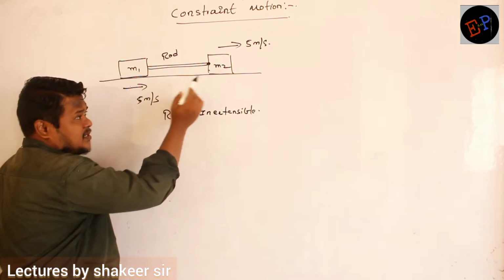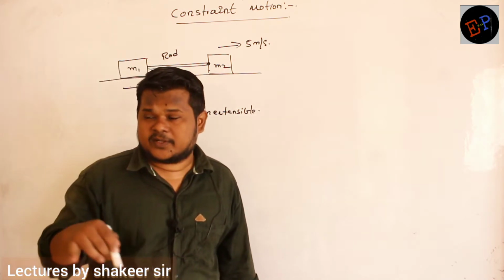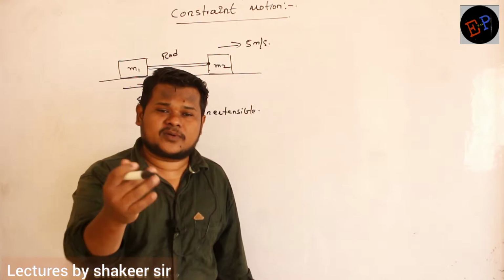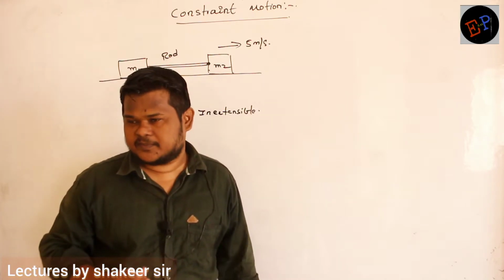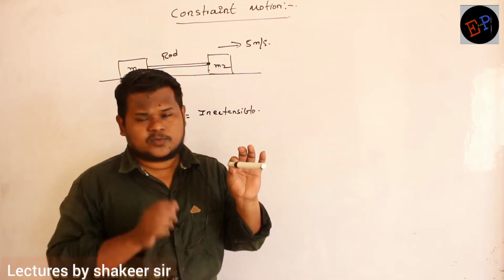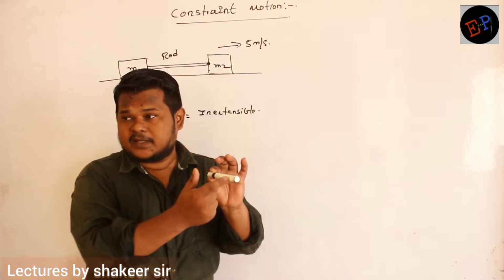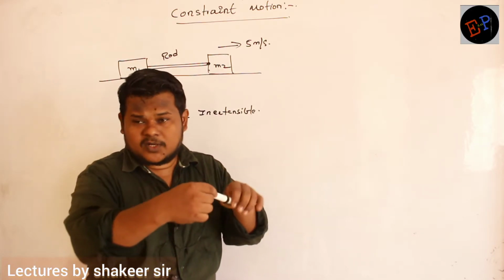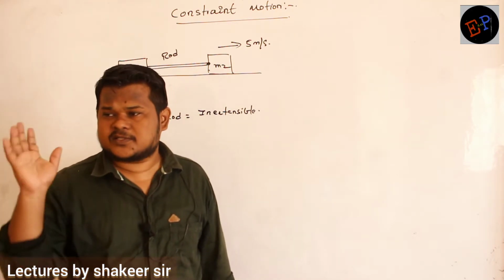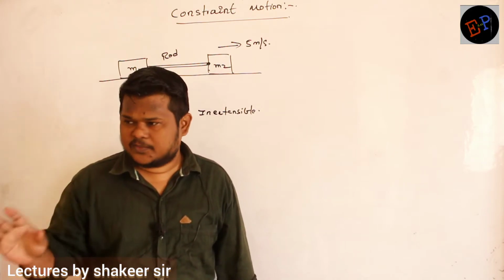the mass, and mass is a rigid body. Mass is what kind of body? Rigid body. Rigid body means what? Distance between 2 points in a rigid body you can never change. That is called as a rigid body. Clear ma? For example, if you consider this pen to be a rigid body, if you take 2 points on this rigid body, here you take 1 point, here you take one more point. Clear ma? Point A, point B. So whatever may be the force you apply on this pen, you should not be able to increase the distance between the 2 points. That kind of body is called as a rigid body. Are you able to understand ma?